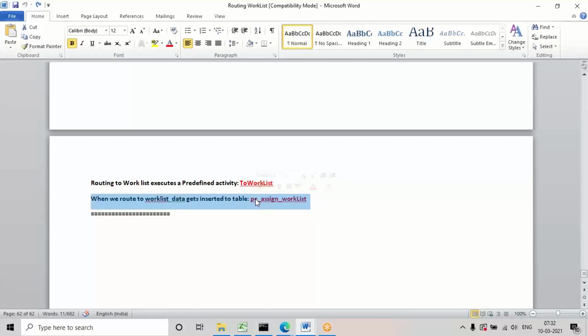But after the process is completed, it will remove the entry from the table, because during the transfer, only the person to whom it is assigned can work on the task. No other person can access that particular task. If I transfer to the manager, only the manager can access and process that task. So if we want to transfer a task directly to one person, we use this work list type.